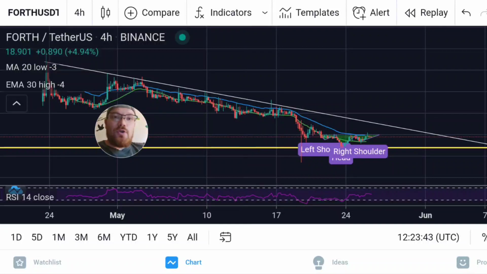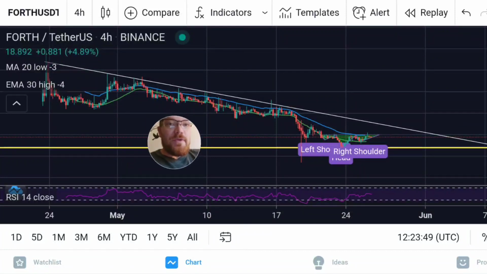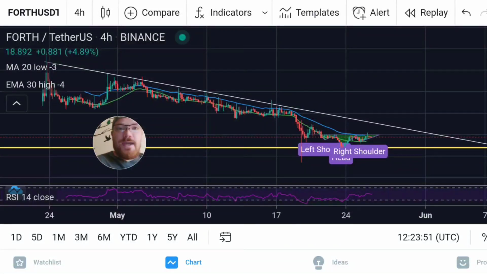So next, let's just take a quick look at the price action for Ampleforth's governance token, Forth token. Okay, I have been keeping track of this. We are still in this downtrend, guys. I've got the 4-hour chart pulled up. You can see this beautiful area of resistance that's been holding us down quite nicely, I might say.